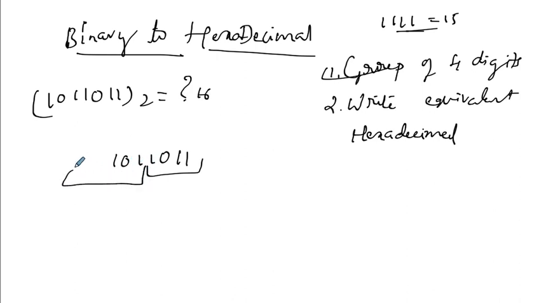Same as binary to octal, that is 101. We still require one more bit, so put 0 here. Correct. So this is the number. Now you need to write the equivalent number for the first group and for the second group. What is the equivalent number for the first group? If you calculate this, the shortcut trick is 1 2 4 8. 8 plus 3, what will you get?